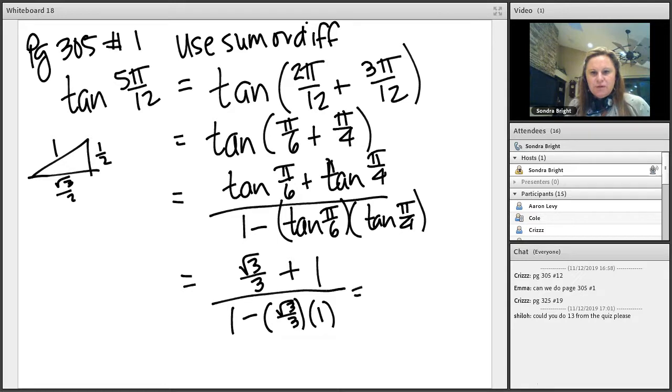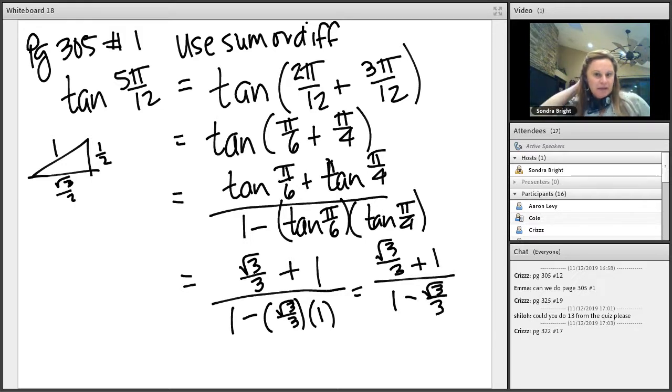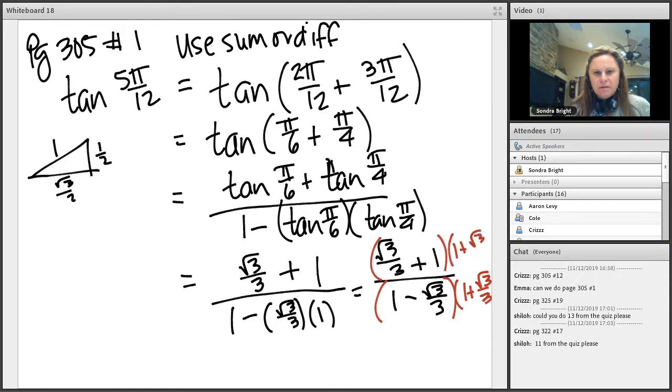And so then that gives you rad 3 over 3 plus 1, over 1 minus rad 3 over 3. And you got to rationalize this. So I'm going to multiply top and bottom by 1 plus rad 3 over 3, to get rid of the radical that's in the bottom there. And so then, let me see if I come all the way over here, hopefully it'll leave me enough room. Okay, so then that gives me